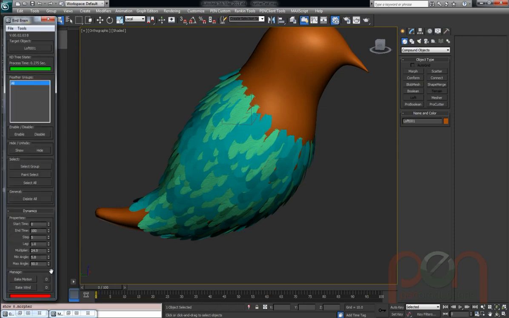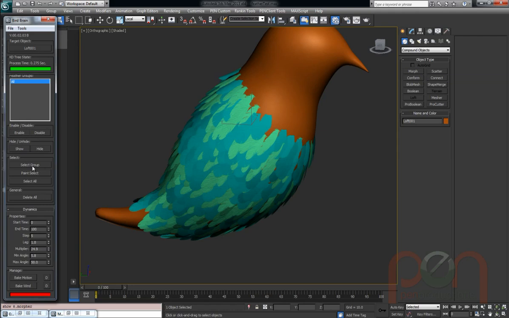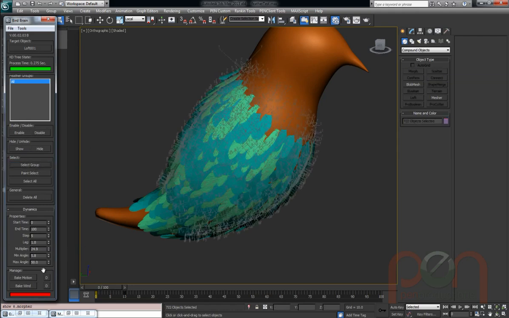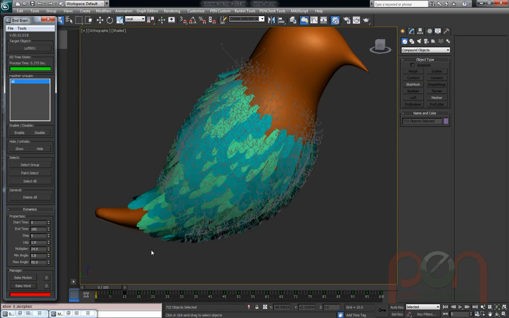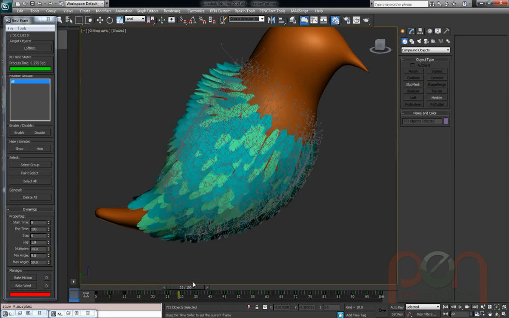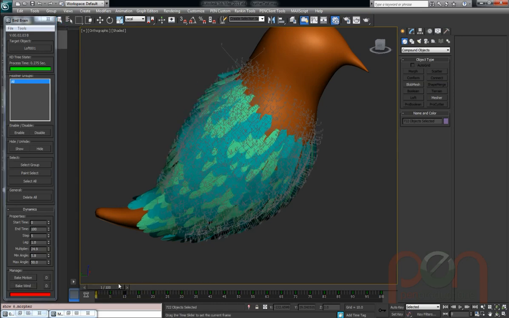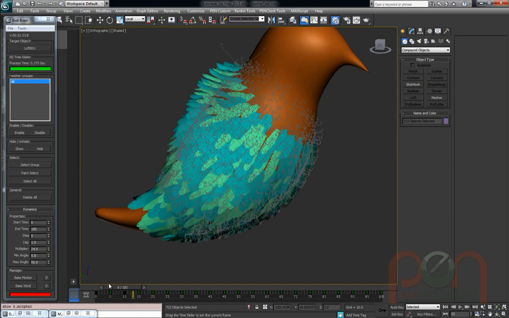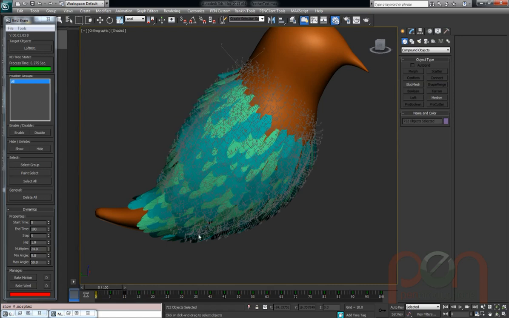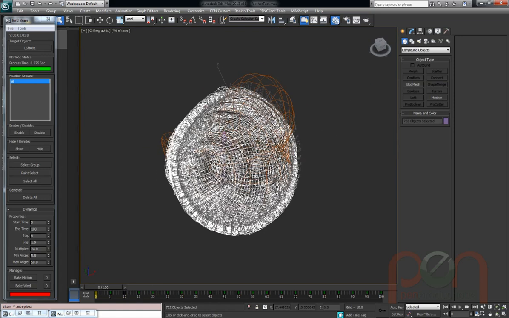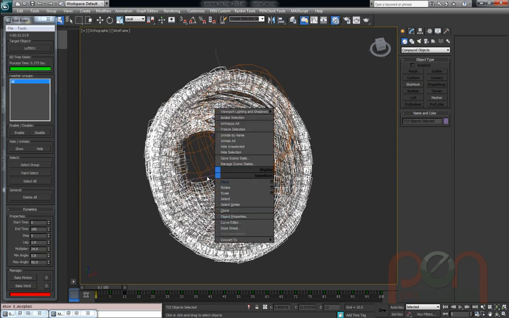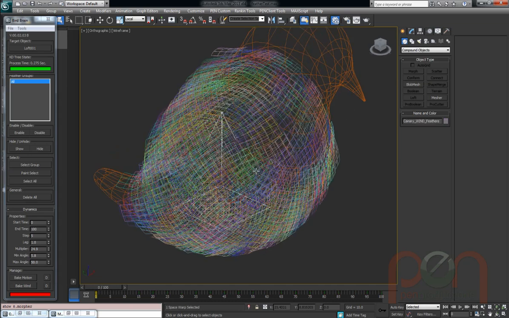There's also a dynamics section built in. We're going to say select group again and get all our feathers that we're going to apply it to. There's no motion on the bird, but it also has dynamics for the motion. Bake wind, and we'll apply a bake on the wind, and now we'll see that the feathers stand up on the back with the fluffing that we did, and there's a little bit of motion, very, very subtle. I can see them moving around. What we need to find, it's been set at the center of world space,